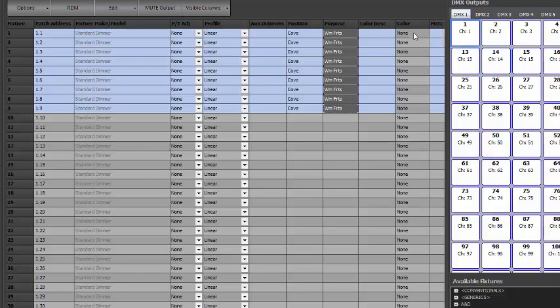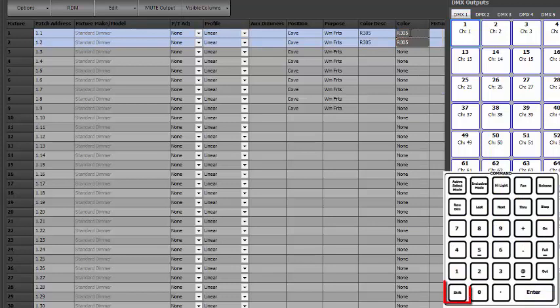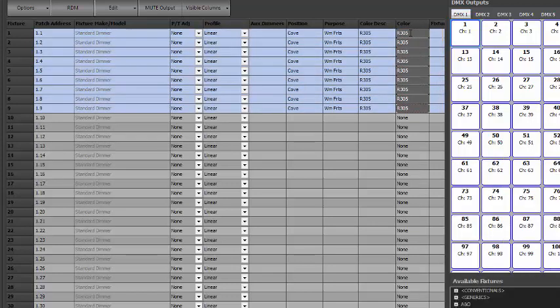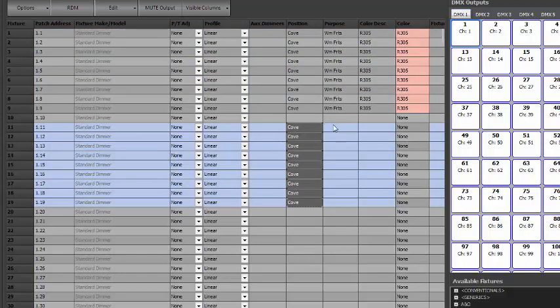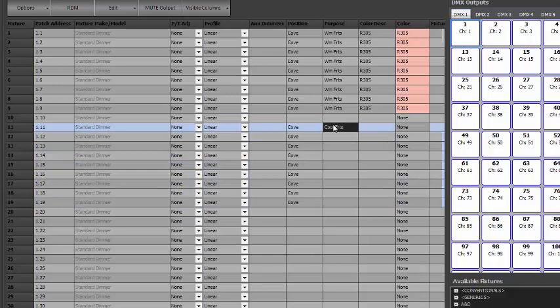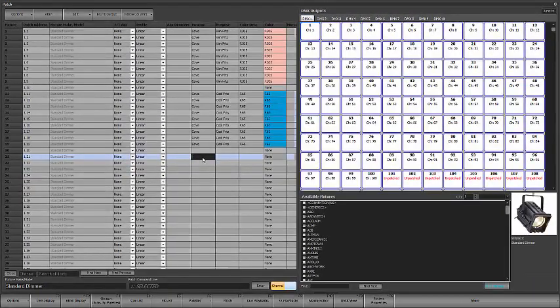I'm now going to go to color, and I'm going to type in the gel color that these lights have, say it's Roscolux 305, and I'll just shift enter to copy that down. I'm going to start with channel 11, and these are also 9 lights in the cove, and these are my cool fronts. I'll copy that down, and we'll say these are Roscolux 65. I'll now come to 21, and we're going to say this is my first electric for 9 areas, and we're going to call these their side lights or pipe ends. So I'll copy that down, and these have Lee 201,